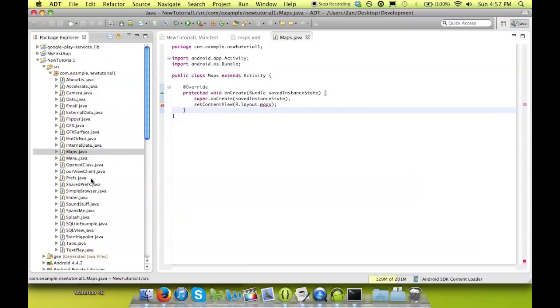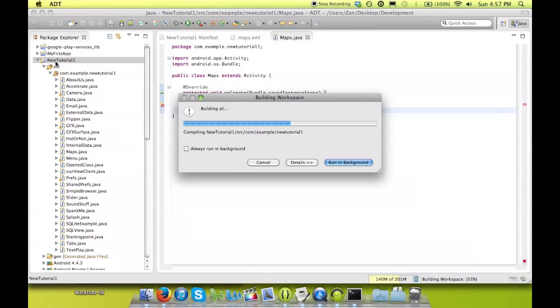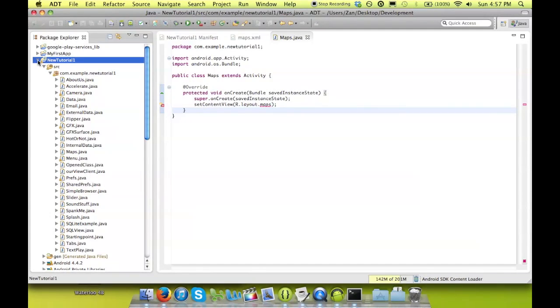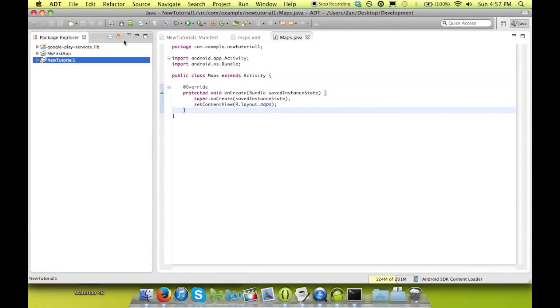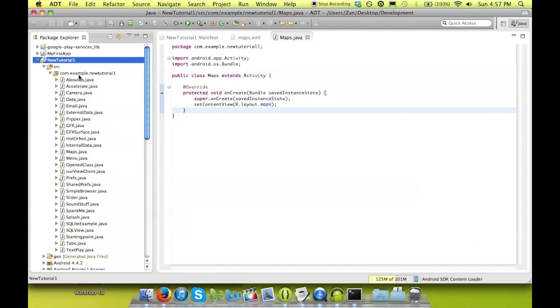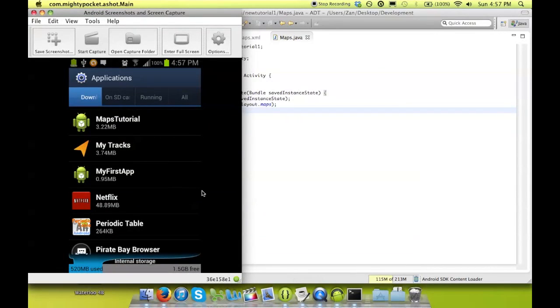Okay, so then you want to build. Command B is the shortcut to build everything. Okay, there we go. So that error went away. The next thing you're going to want to do is on your phone, you want to make sure that you have uninstalled the app that you have already had running, and then you're going to want to load up the internet. So I'm just checking my phone now. Actually, I can show you guys what I'm doing. Where is it? Yeah, okay, so I don't have